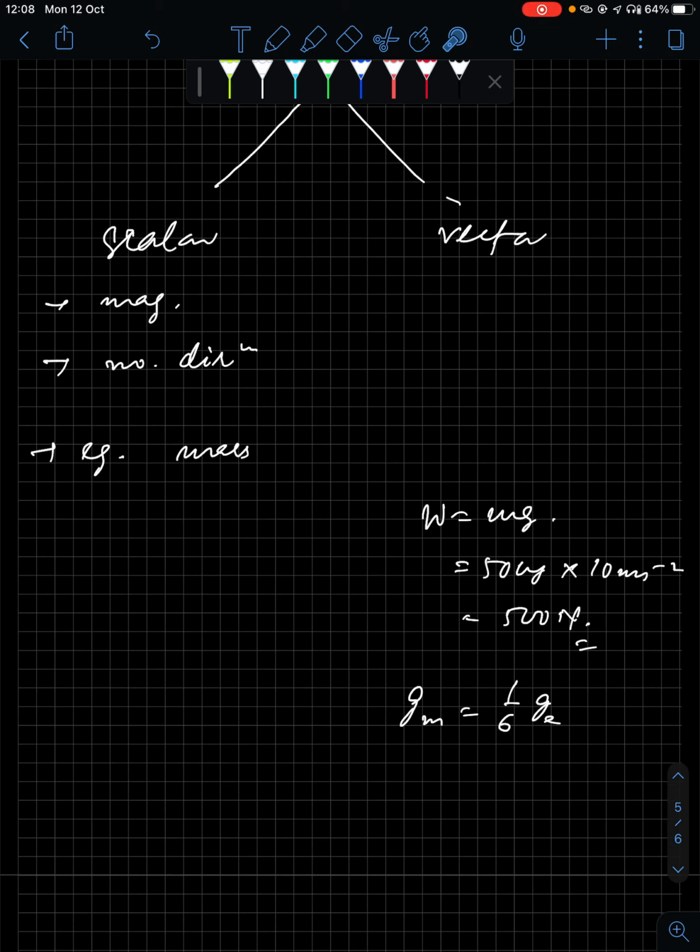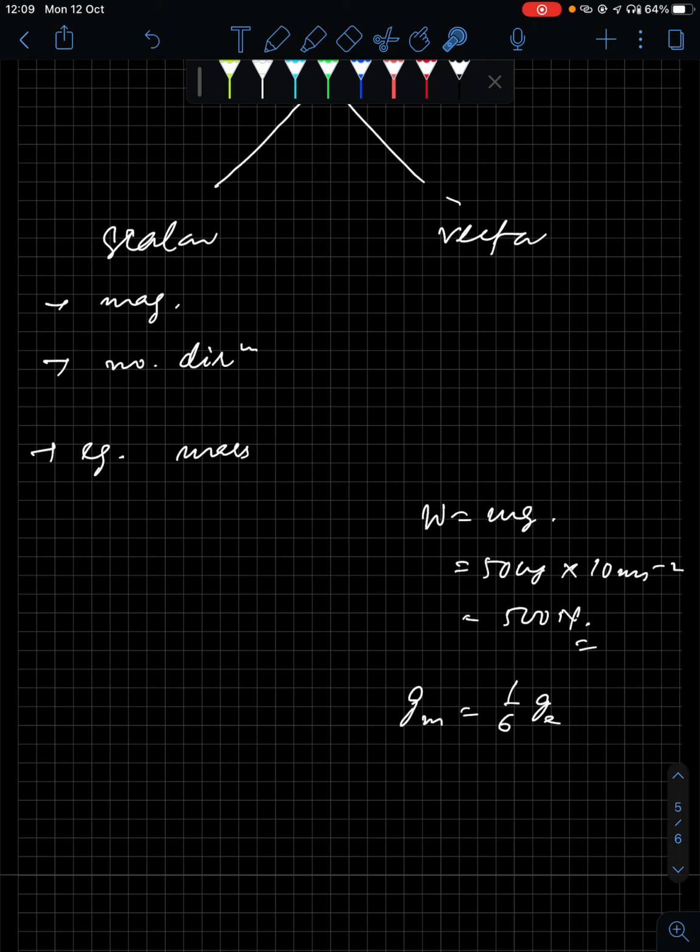So by that standard, if you go to the moon, then what will happen? You got this in high school or middle school: if you can jump 1 meter on Earth, you'll jump 6 meter on the moon, right? So you will feel yourself less heavy. But if you can jump 1 meter on Earth, you'll jump much less on Jupiter. I do not know exactly, but that can be checked. Not an issue.